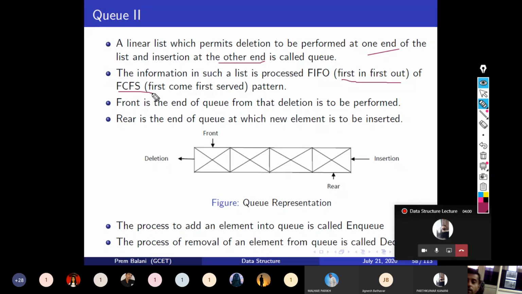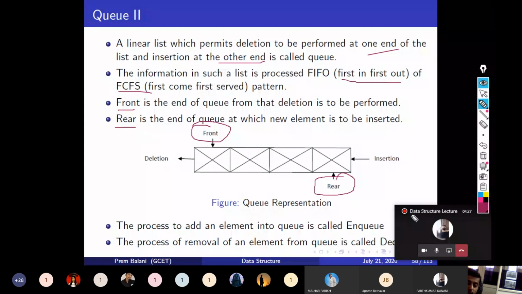As in our day-to-day life, the first person who stood in the queue will be served first, then the second, then the third, and so on. And we maintain two pointers, front and rear. This front and rear point to the start of the queue and the end of the queue respectively.